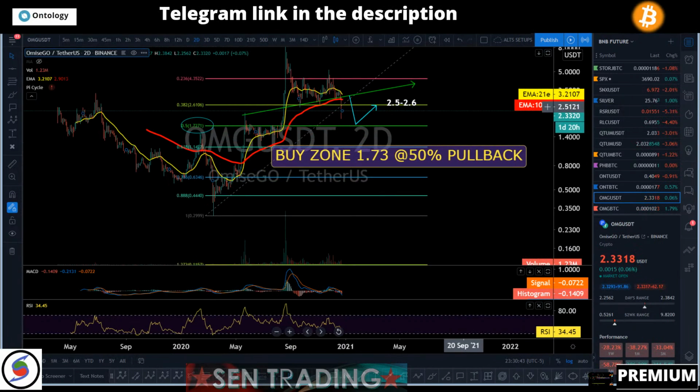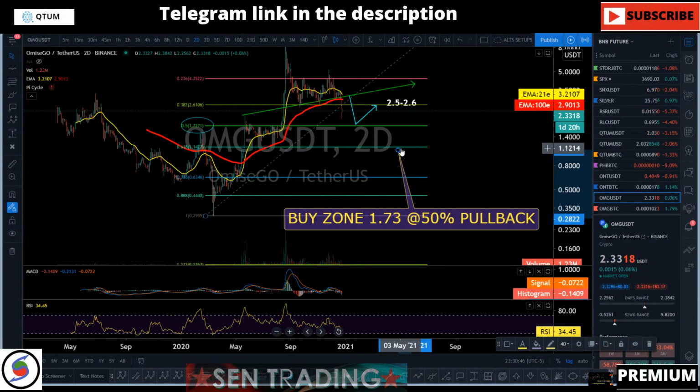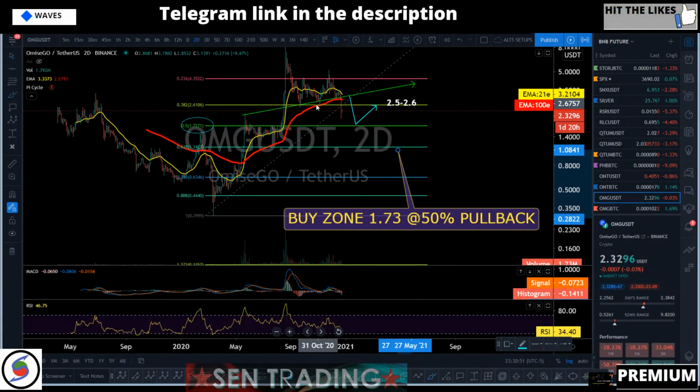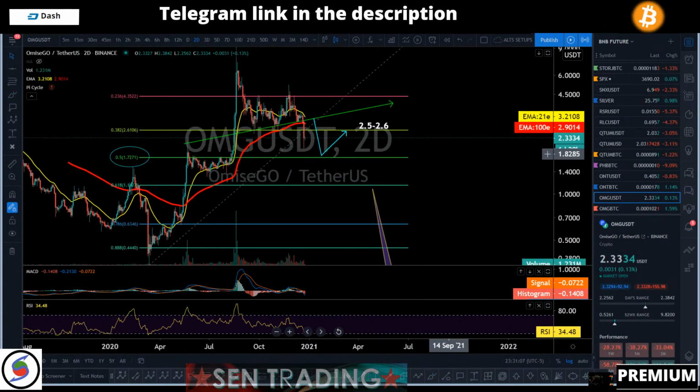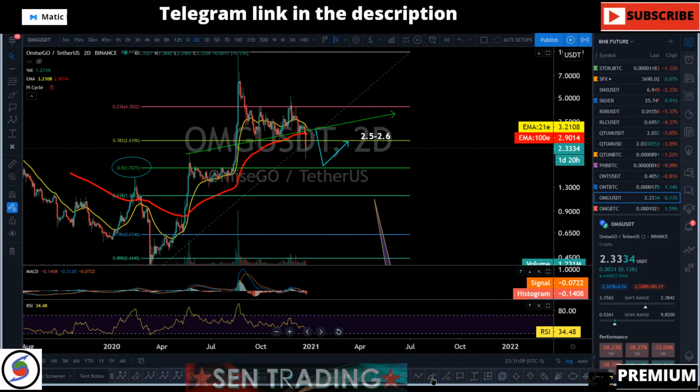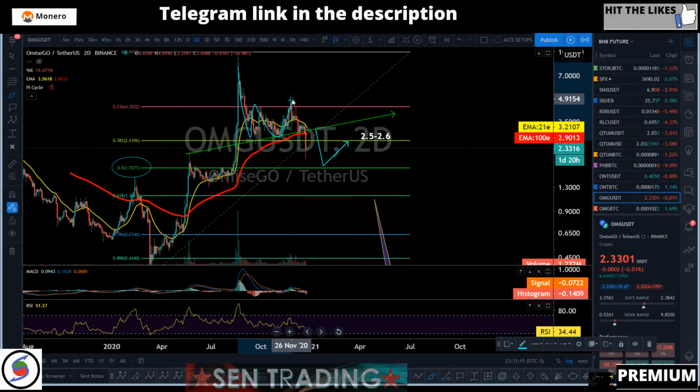OMG USD, next buy zone, 50% pullback, temporary buy zone, right? We broke 2.6, right, to 2.7, which is like a 382 pullback. And you take a look at why I was very worried over the last 3 days or so with BNB OMG, right? It was like this flat correction.